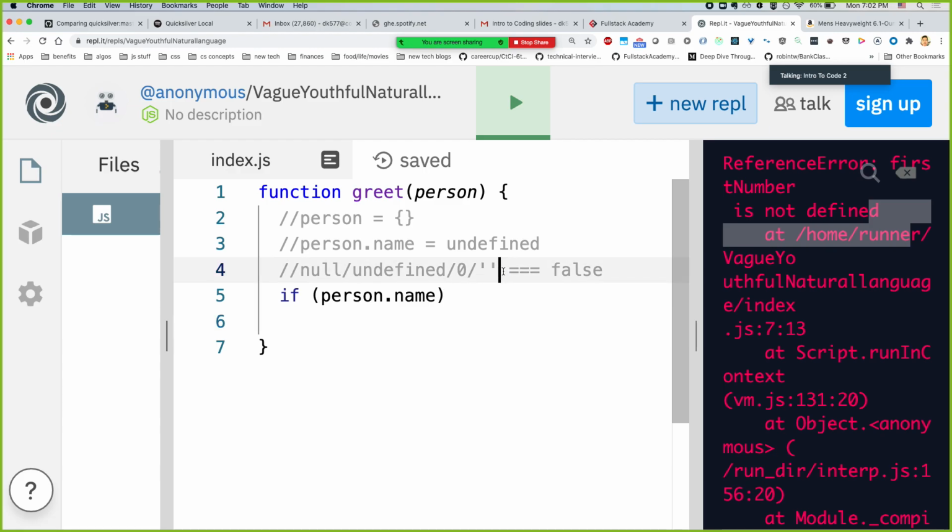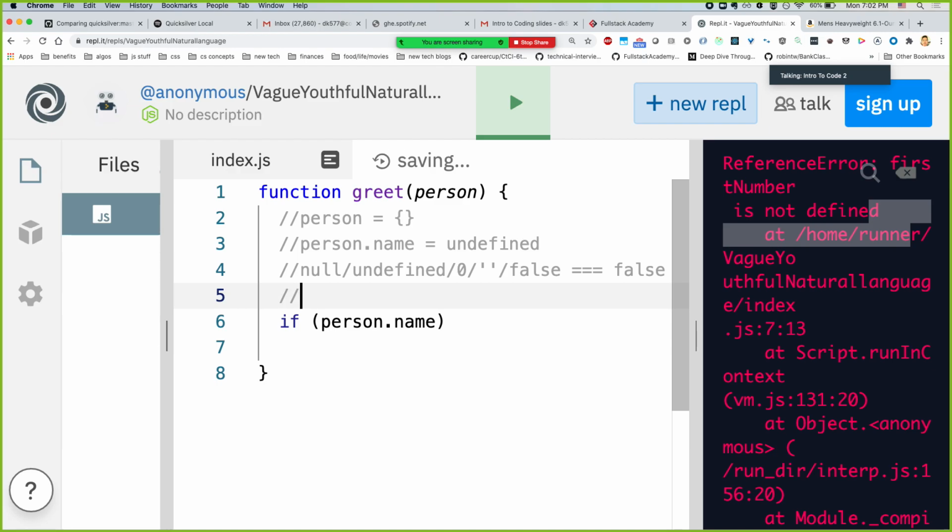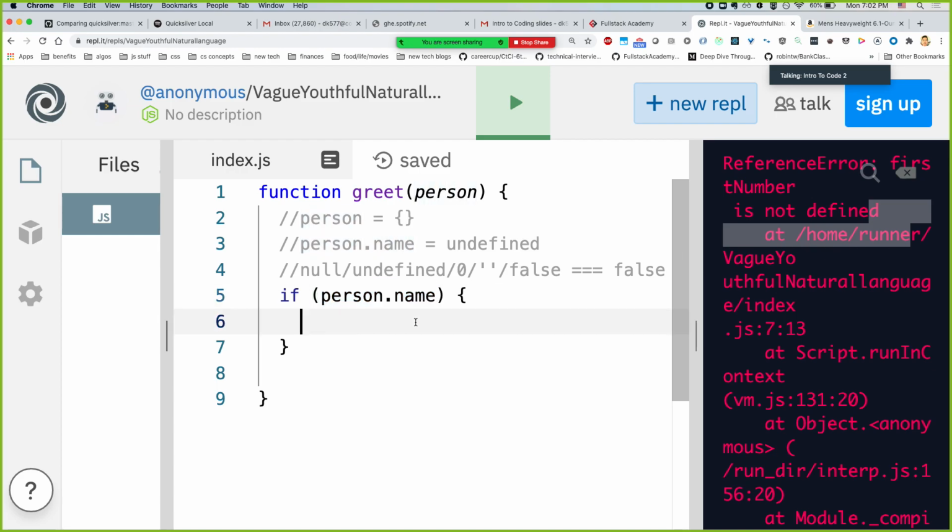Or false itself also becomes, they all equal to false. Everything else will be casted to true by default. So here I'm going to say if the person dot name, it's basically saying like if the person has a name property at all,